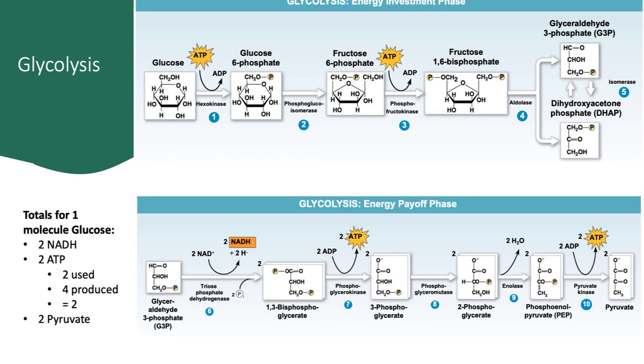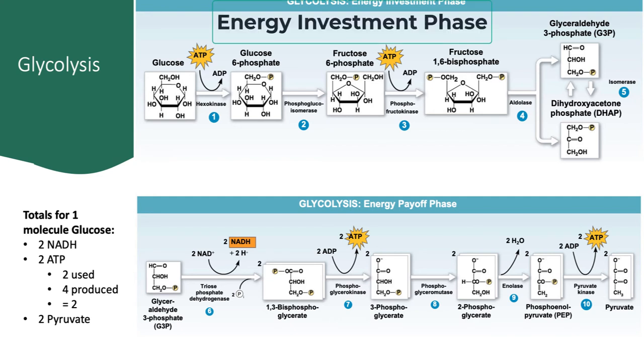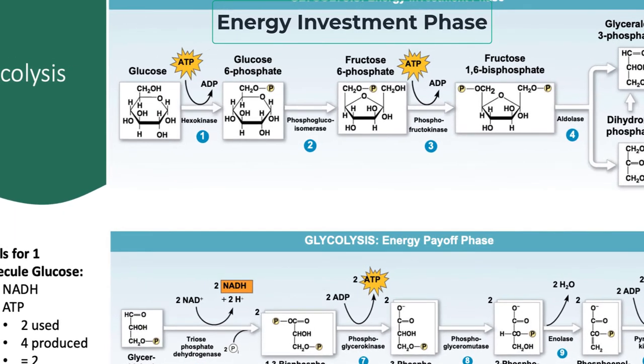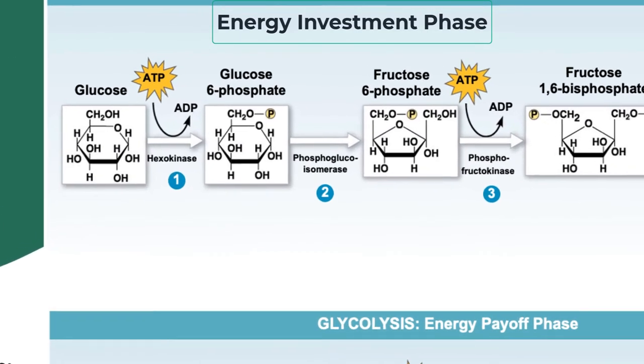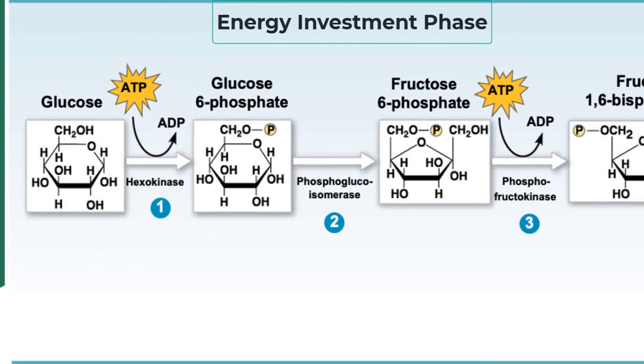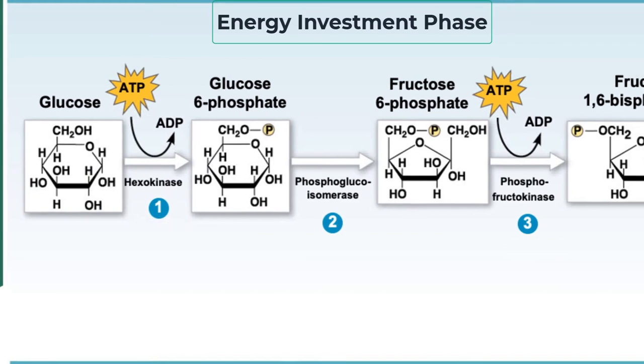It's convenient to think of glycolysis as consisting of 2 phases. The first of these phases is called the energy investment phase, and it's called this because we actually need to input energy in order to break up the glucose. Remember that glucose is quite a stable molecule, and so to be broken up, it needs a little bit of a push. That push comes in the form of ATP and phosphate groups being added onto the glucose molecule. In 2 different steps, phosphate groups are added to the glucose molecule until we get fructose 1,6-bisphosphate.